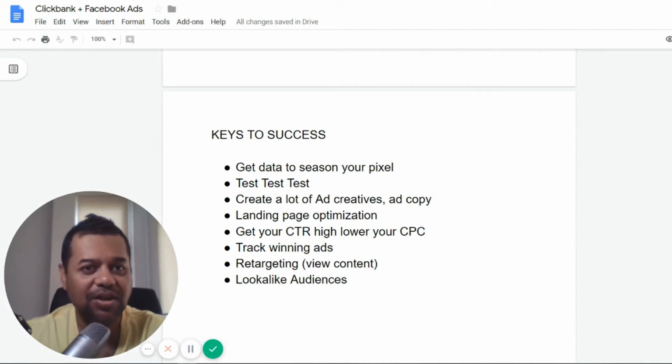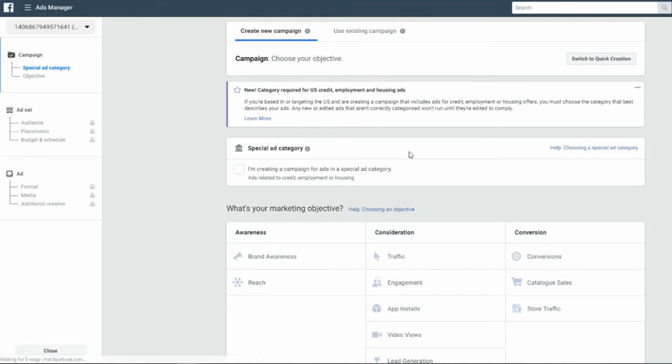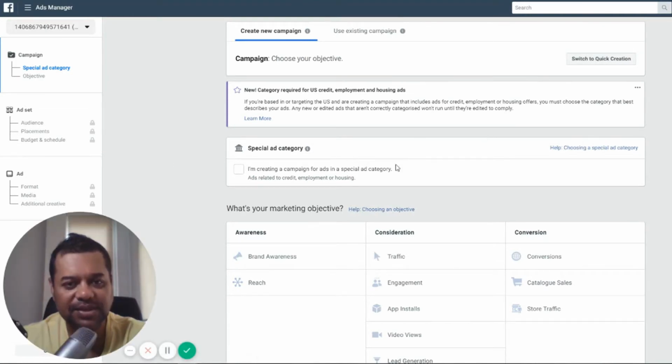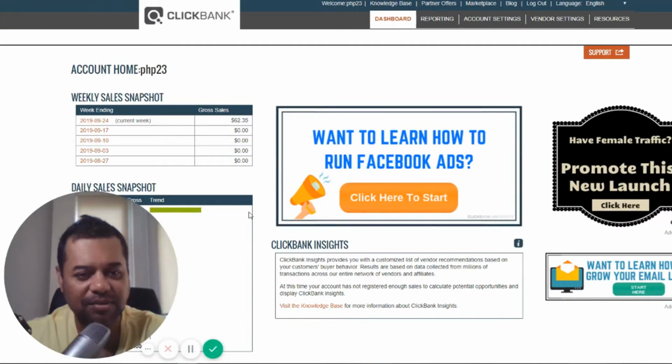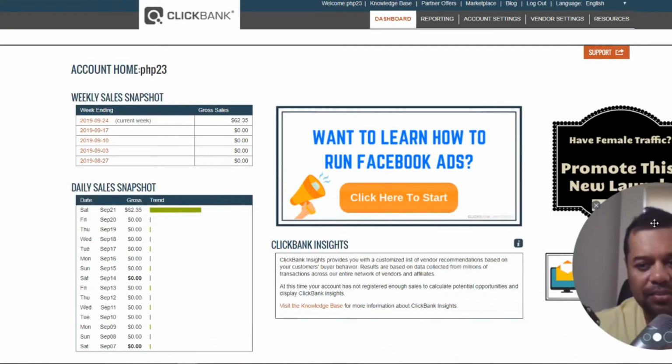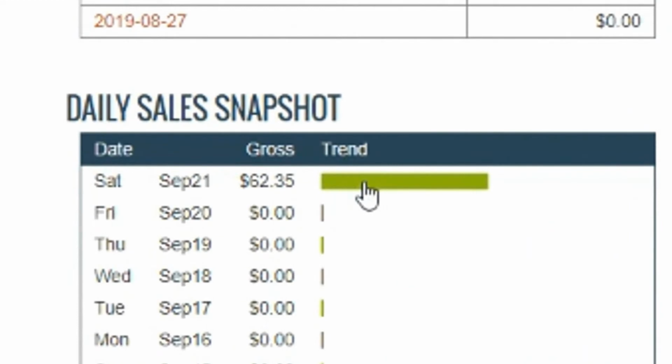right now. So let's just go to my ads manager, and this is a campaign that I've just kind of been testing lately, and I got a $62 sale, $62.35 sale. So what you want to do is you want to just go after Clickbank offers that have